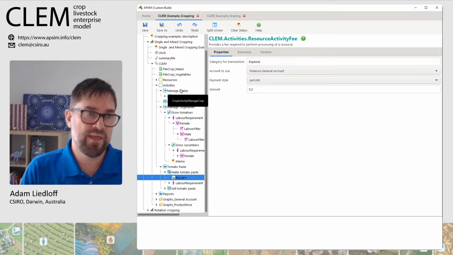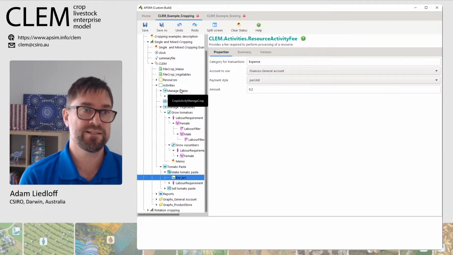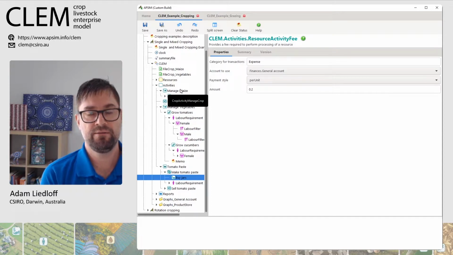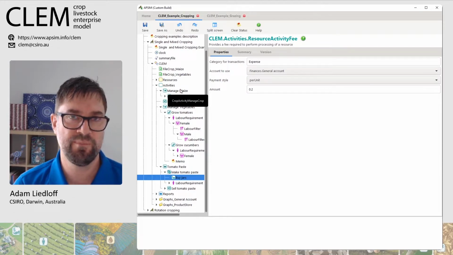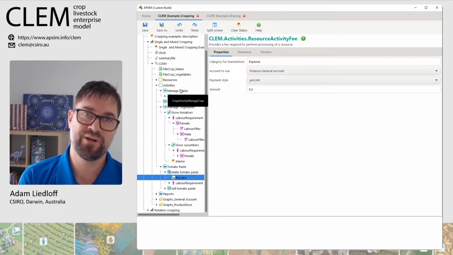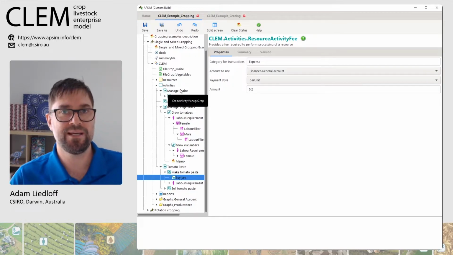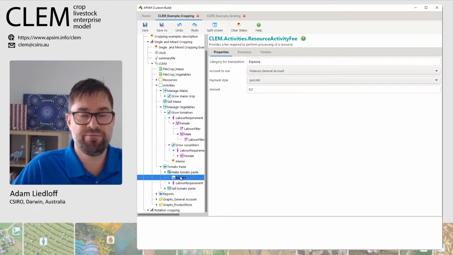I will say that the flow of the tree is important, but Clem also has a whole range of events firing in a particular order off the clock. So that just makes sure that pasture production happens before the animals try to eat it. We have all the intake and energy calculated before milk production, etc. So in this case, if there is tomatoes in the store in this month, they will be converted into tomato